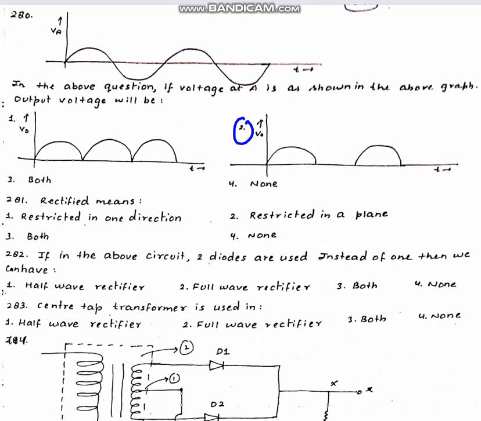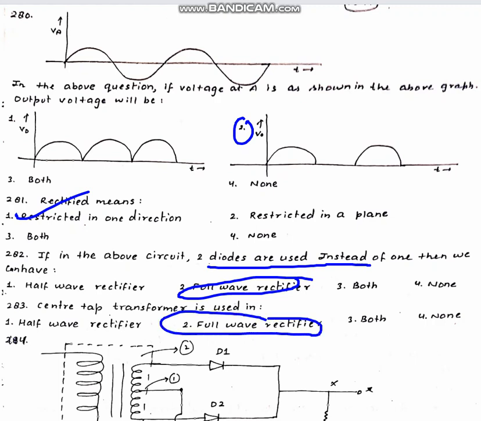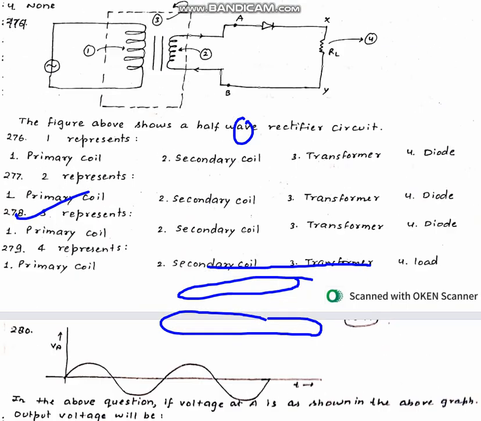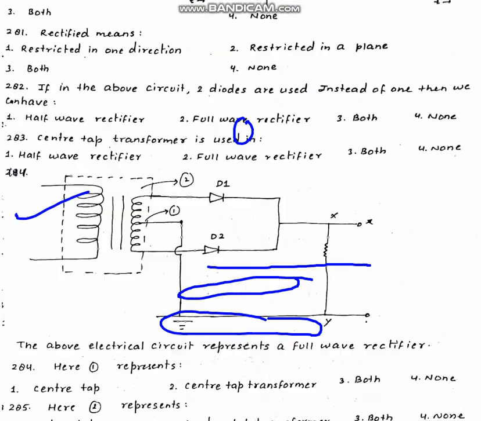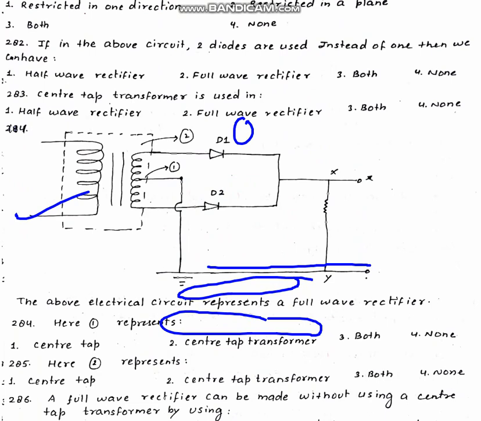Next, rectified means restricted in one direction. Next, if 2 diodes are used, then we have a full wave rectifier. Next, a center tap transformer is used in a full wave rectifier. So second is correct over here. Next, in the above, 1 represents the center tap. So here 1 is the center tap, 2 represents the center tap transformer, which is used by using